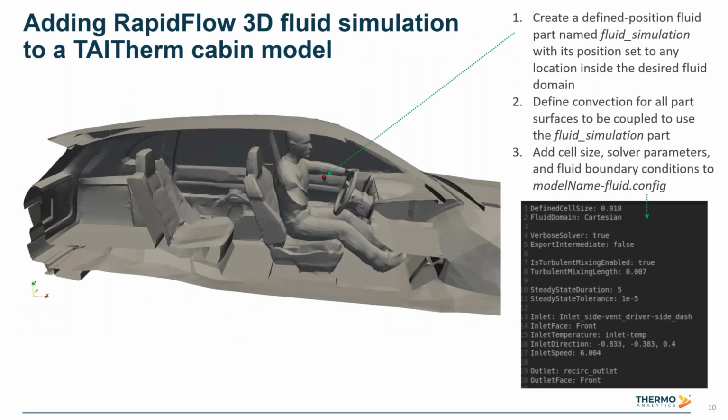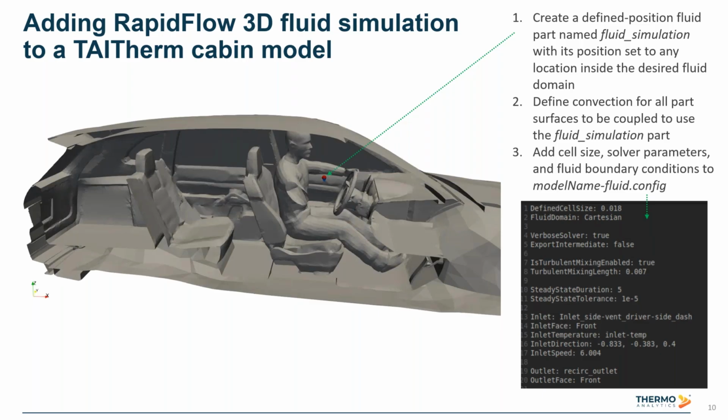To illustrate a little bit more about what it looks like to set up RapidFlow for a cabin model, the starting point again would be preparing a TAITherm thermal mesh of the surfaces representing the cabin and any human occupants as you normally would. We're showing an example model here with a cut plane kind of put down the middle of the cabin. Then to set up the fluid coupling, you add what would normally be a 0D bulk fluid node with a defined position inside that,